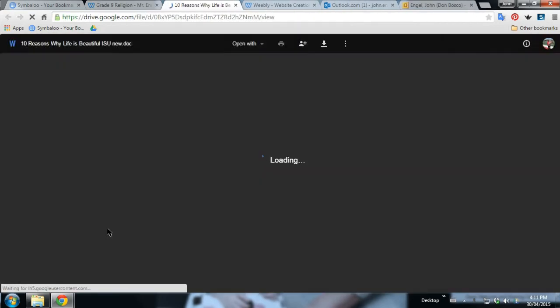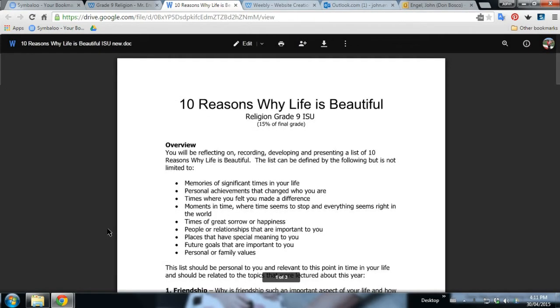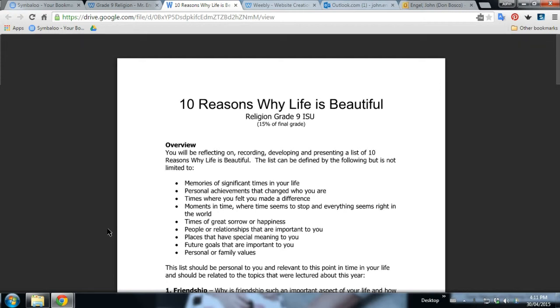An ISU is an independent study unit. The expectations for the study unit is we're going to be doing a lot of personal reflection, but we are also going to have to tie each piece of that reflection to material that we have learned in the course. So it's not good enough to just reflect on an event from your past. You've got to reflect on an event from that past, and then you have to connect it to something that you have learned in the course or some piece of course material that we've covered. And I'll show you about that in a minute.